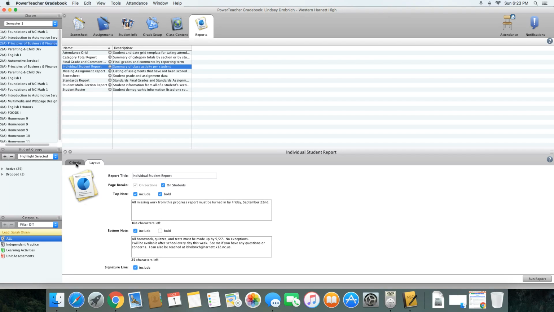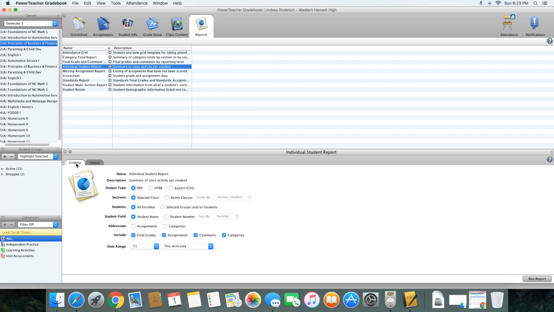One other thing that I will mention back on the criteria section is these little check marks here. The categories check mark, let's say that you're one of those teachers that have a lot of grades and you're spilling over onto a second page. If you need to save space, the best way to do it is to uncheck the categories. I'm going to leave it checked here so that we can look at and see what it looks like, but this category section is going to be one way to kind of save a little bit of space on the individual pages. So once you have it set up the way you want it, we're going to click Run Report,